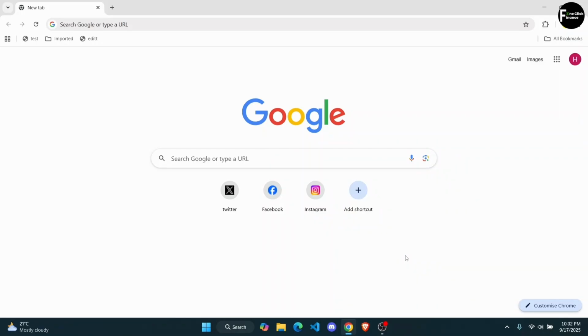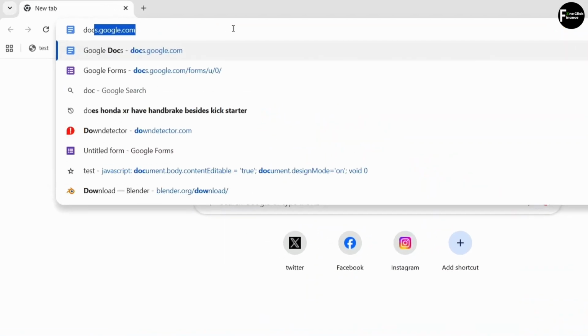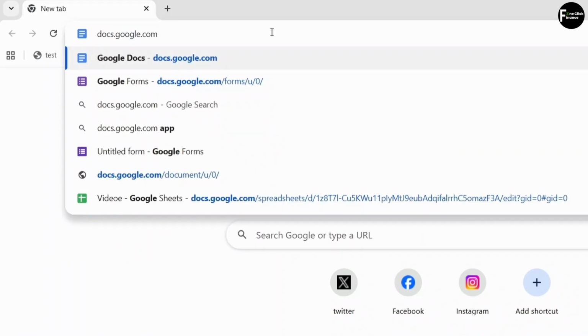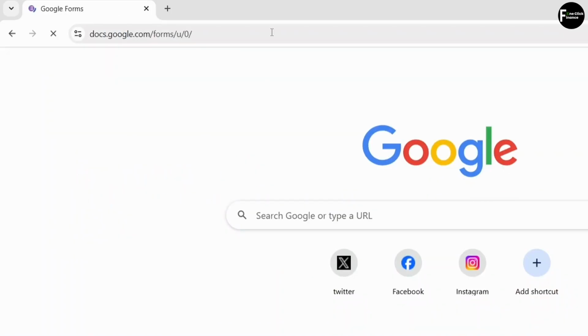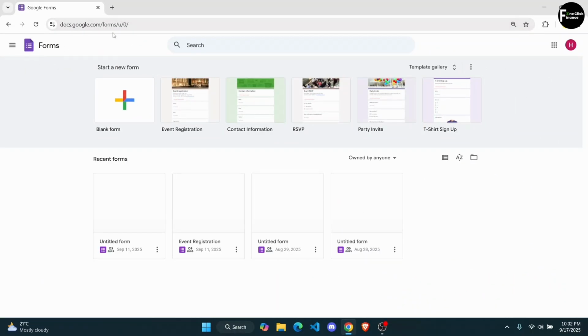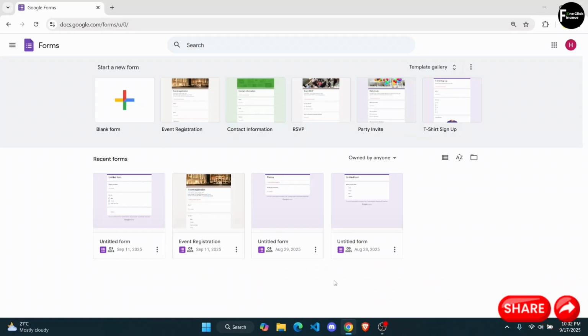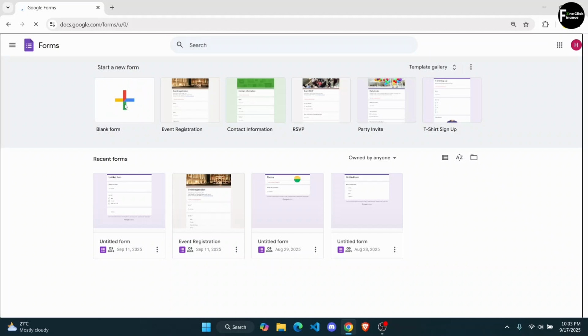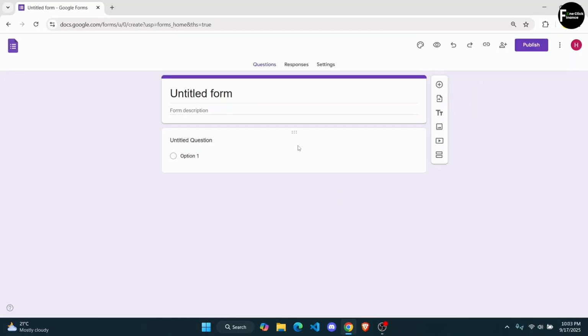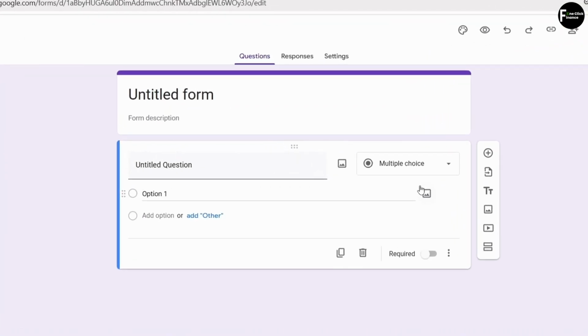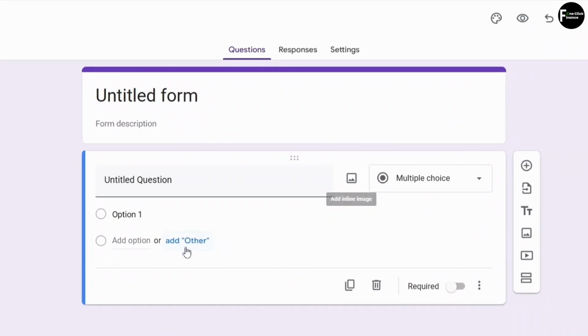First thing you have to do is simply head over to your web browser, go to this URL and type in docs.google.com/forms. Hit enter, and you'll be taken directly over to Google Forms. Now, you'll have an option to create a form if you click on this plus icon on blank form. Tap on it. Then once you get to this page, there are a lot of choices that you can add